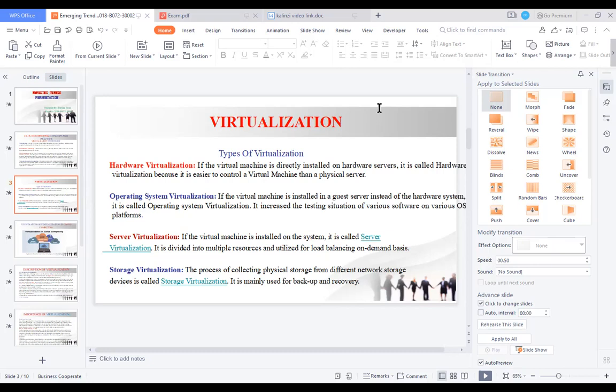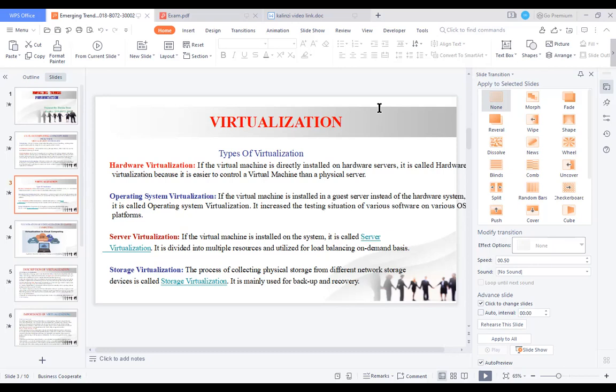So this is another type of virtualization, where you can install your operating system in a guest server instead of using the hardware system.